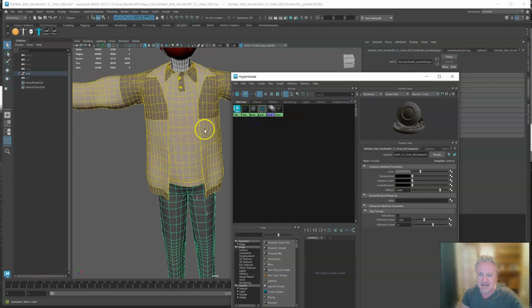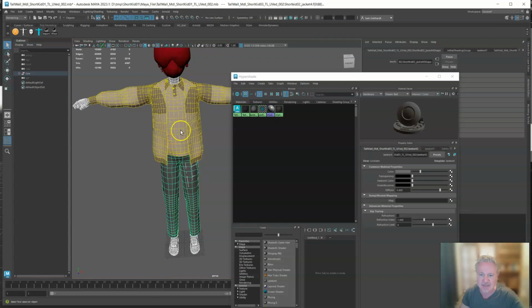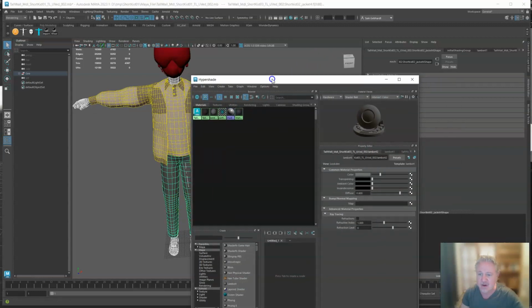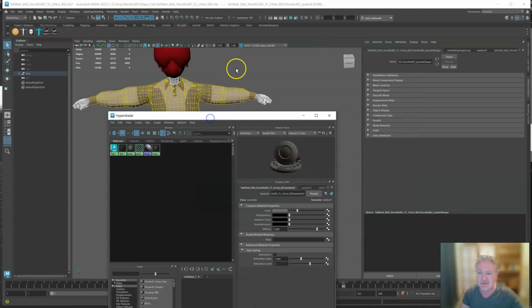And then it says it's everything. Basically the pants, the body, the jacket, the shirt, the shoes, the hands are all with these 2 materials, which you can do. You can do it with 1 material. You just have to lay your UVs out right. But when we go look at our UVs, so window,